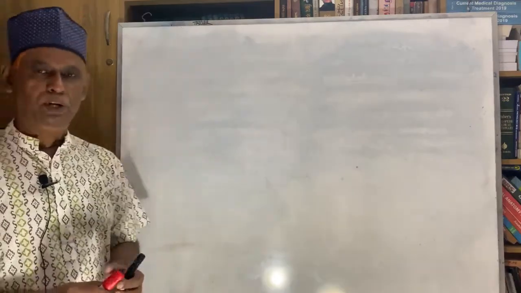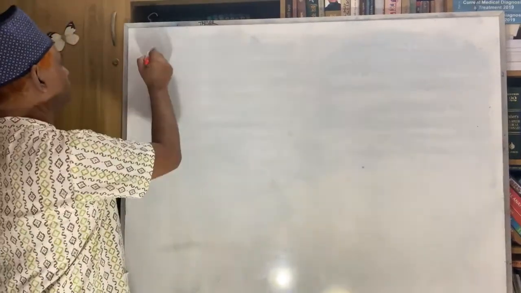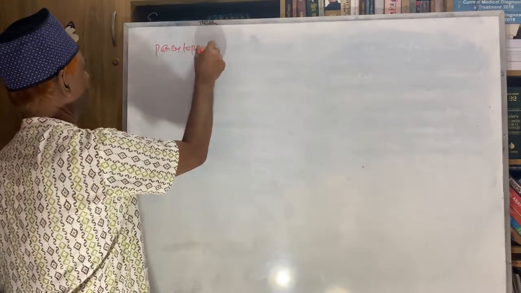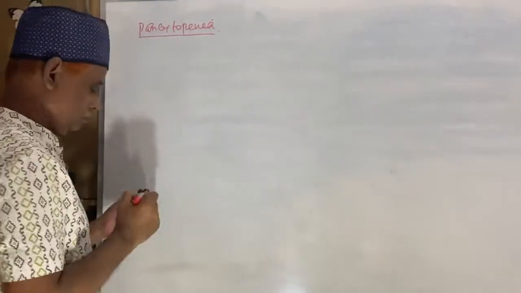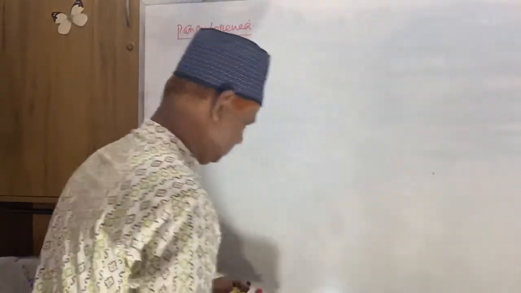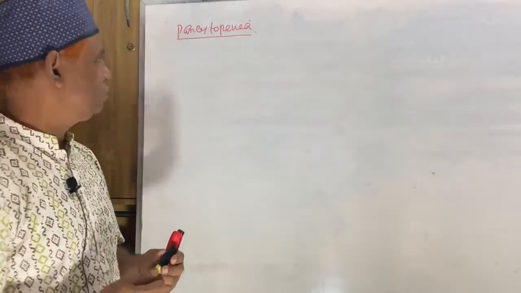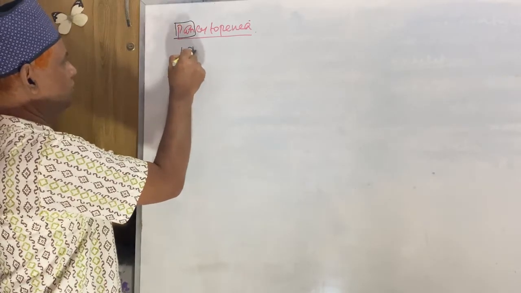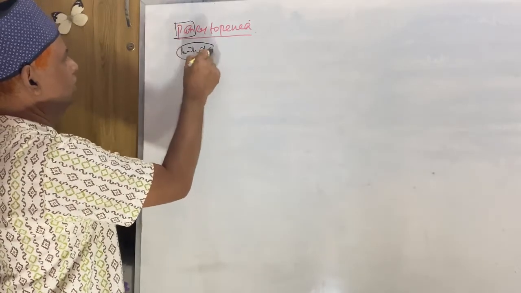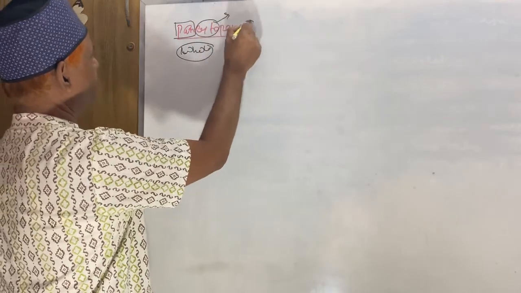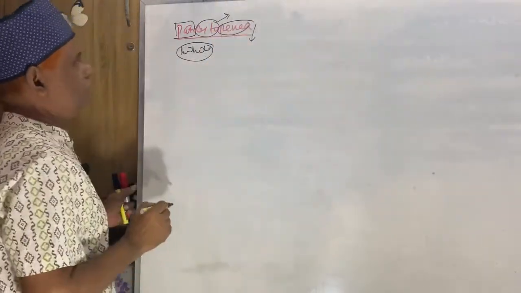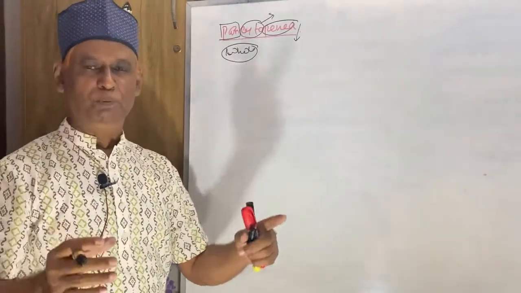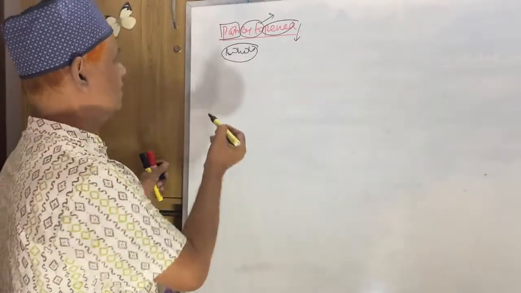Dear audience, now come to pancytopenia. First come to the definition of pancytopenia. You know, pan means whole, all. Cyto means cell. Penia means decreased. Now, what is the definition of pancytopenia? In pancytopenia, RBC, WBC, platelet all are decreased. So the definition is simultaneous